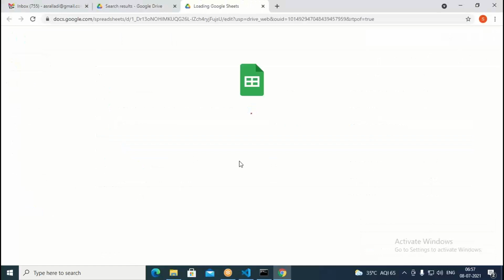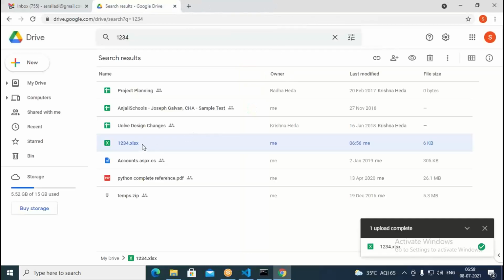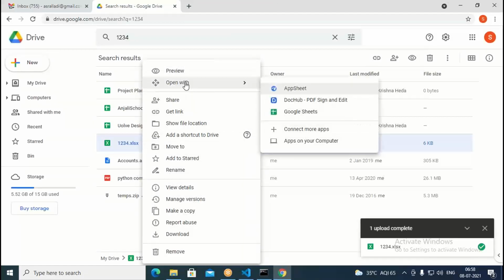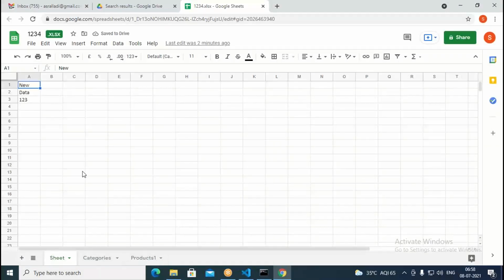Again open the file. When we open the file, okay, you can see in the bottom the names, categories and products you have here.